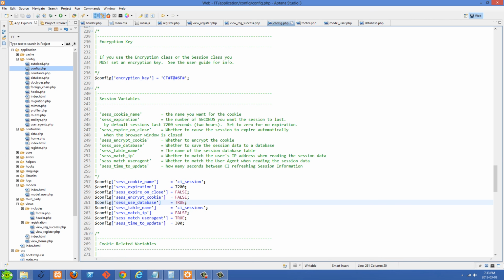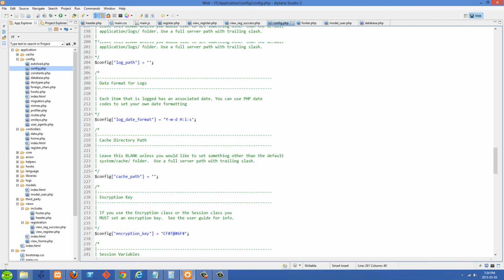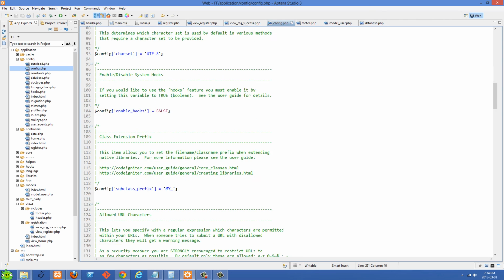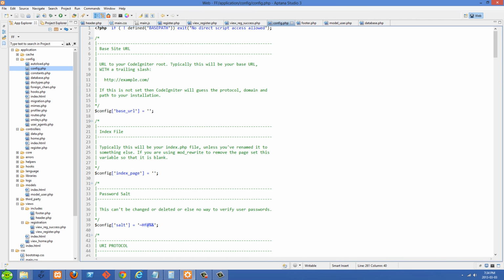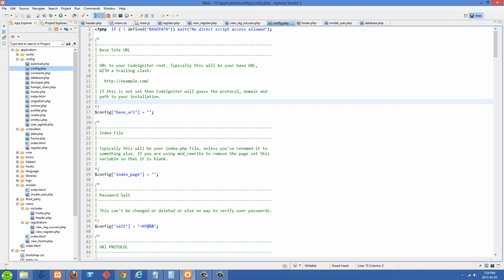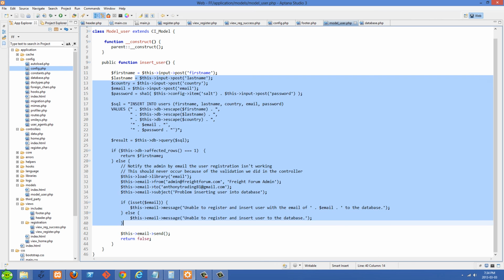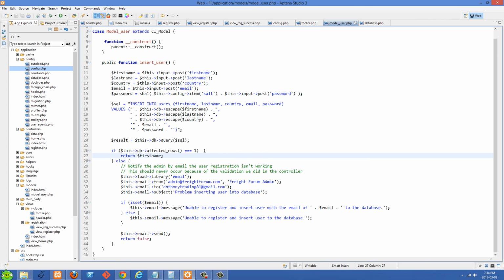For example, we're using sessions, and the session is supposed to use the database. So I happen to know that if our database was down, we're going to get an error on every single page. So we're definitely going to know about that. Let's just go back to our model right here, and we just send the email right there. But basically 100% of the time this is going to work, and we're going to return the first name here,